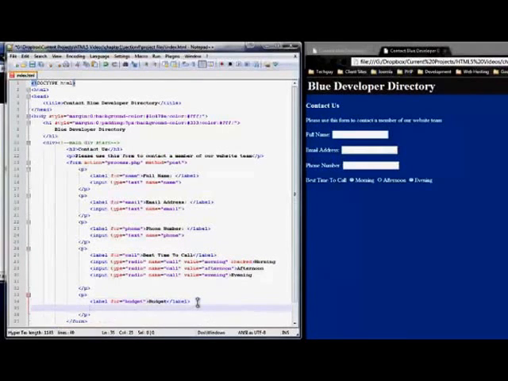So now we can do our select, and we're going to do select type. It's going to be list, and name is going to be budget to match the label field, and that should be it. Now let's just close select tags. You do need to close,